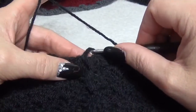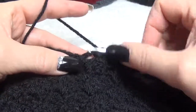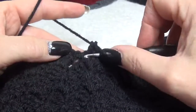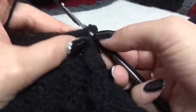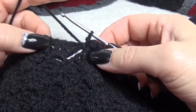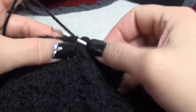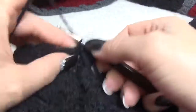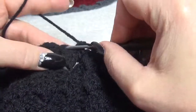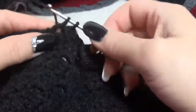Okay, we start in this chain 3 space. We work 3 singles, and the first stitch is a standing single. 3 single and a slip stitch in the corner. And now we work 3 single on top of these slip stitches. 1, and 3, and 3 single in the chain 3 space,